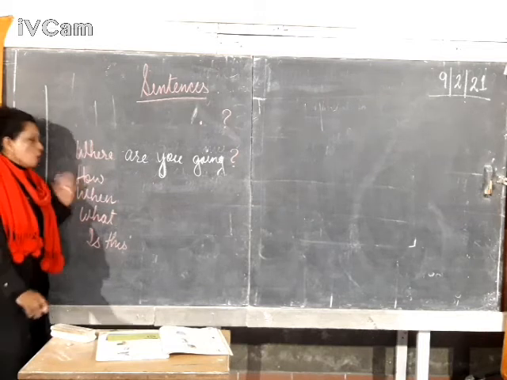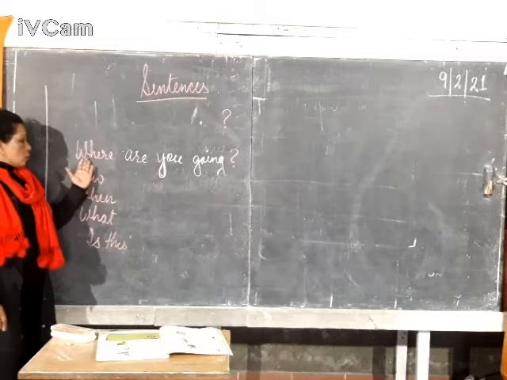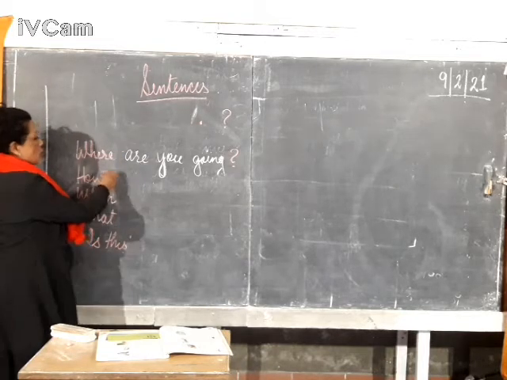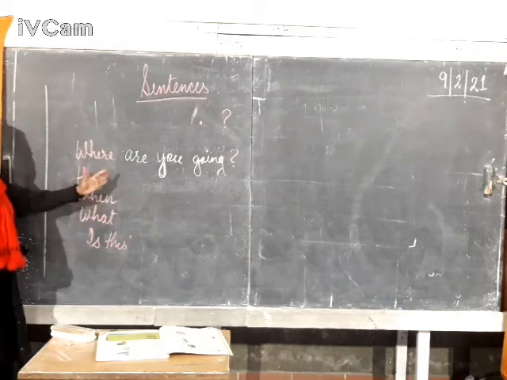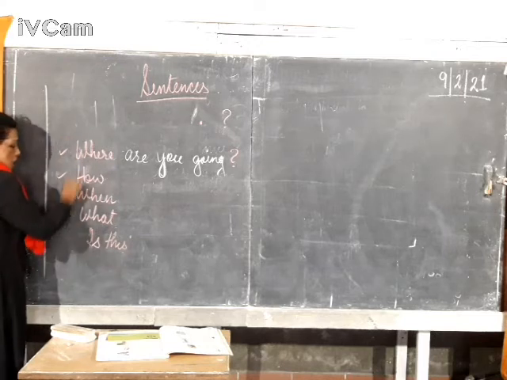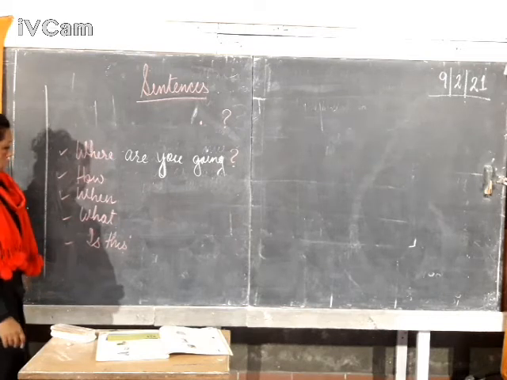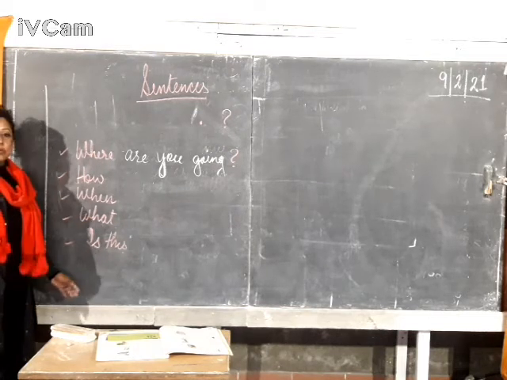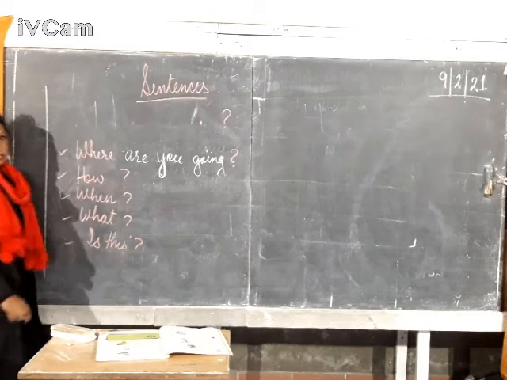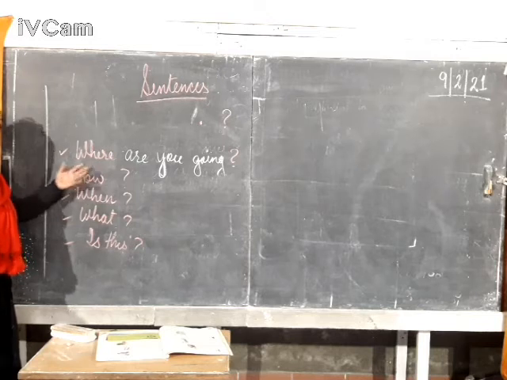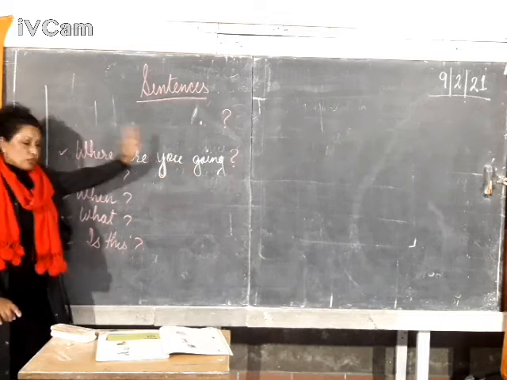solve this problem? How are you going to write? All right, how are you going to draw? So such, where are you going? Okay, so such words, such sentences which start with where, how, when, what, is this, do you, yes, these words, there should always be a question mark at the end of such sentences. Whenever you have where in front of the sentence, this kind of sentence always ends with a question mark.